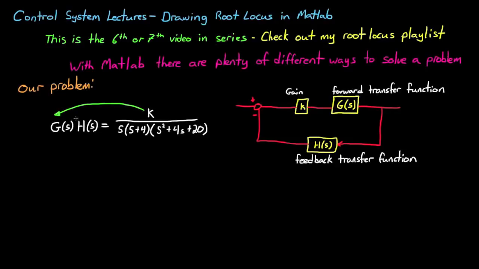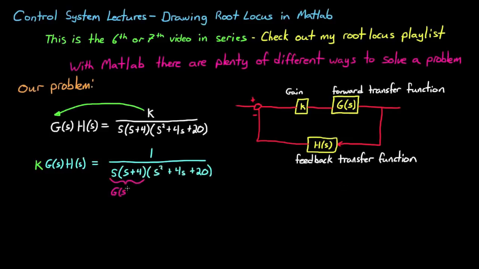Now I didn't mean to write k before g of s times h of s here. Instead, what I'm trying to show is that g of h can be thought of as everything other than the gain k. Now, the problem doesn't state which part of this remaining transfer function is g of s and which is h of s,